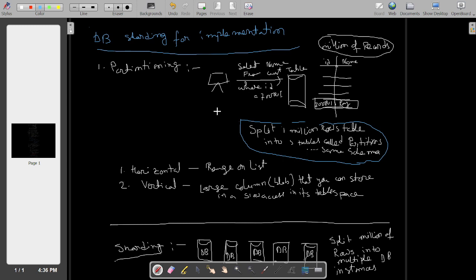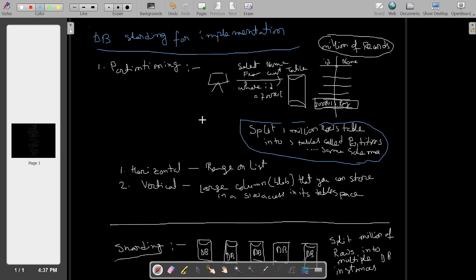So from that perspective, you may first think about doing a split. Now, how do you do the split? Maybe you have 1 million, 2 billion records in a table, and then you split it into maybe 4 or 5 tables, keeping the same schema. That's called partitions, right? Within the same schema, within the same database, you are just making partitions of your tables.